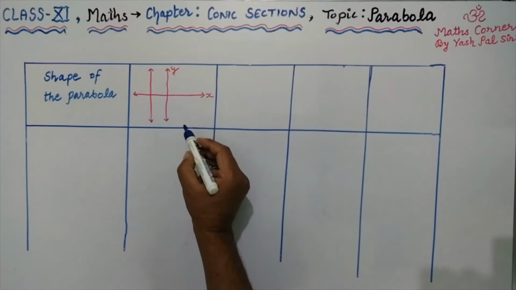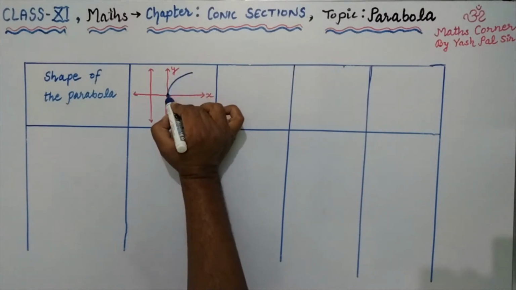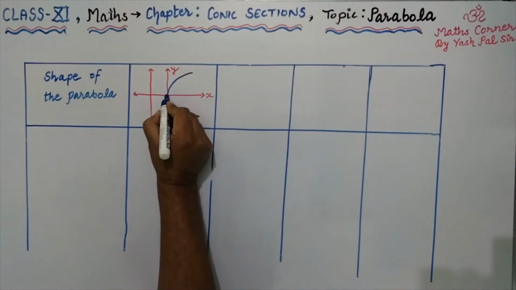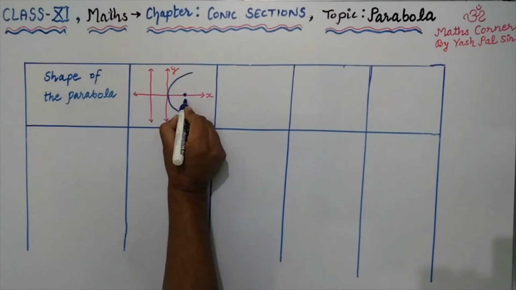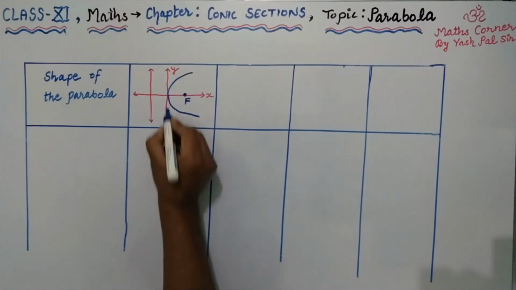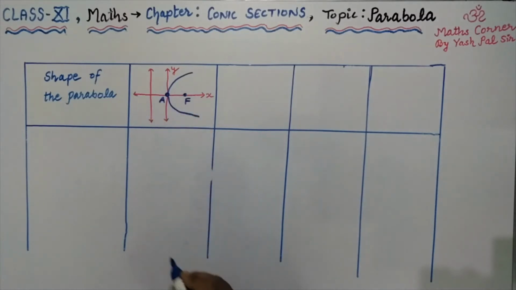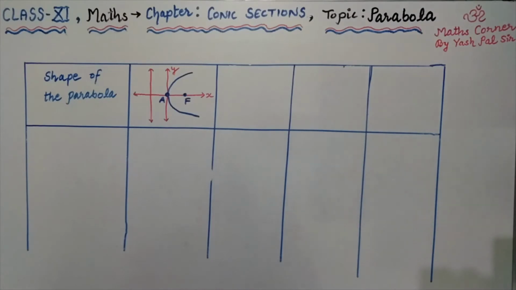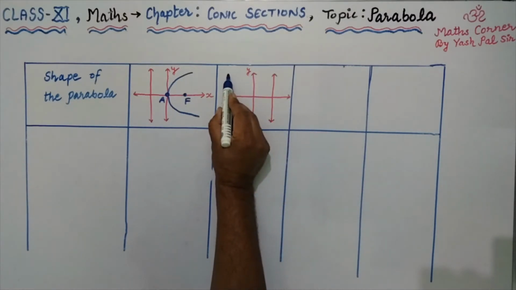The very first one, in the coordinate system of x-axis and y-axis, this is the first parabola. Okay, and what is the distance? This is equal to this distance. Here somewhere we have the focus. Okay, this is called vertex. We denote the vertex by A, and this line is called directrix. Okay, second one is in the coordinate system of x-axis and y-axis.